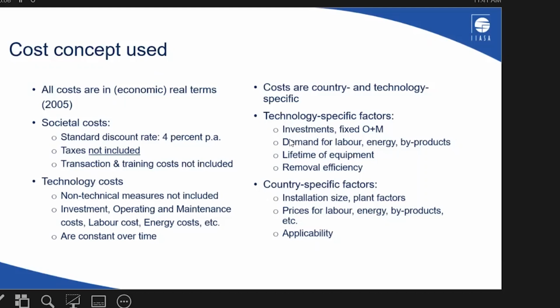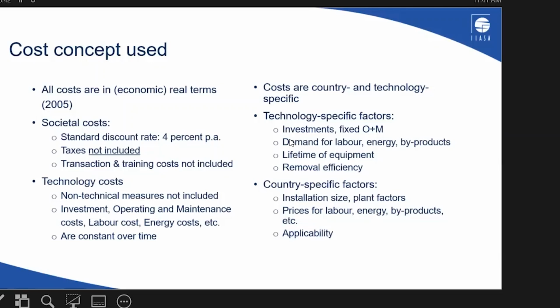Now, what are the technology specific factors? Technology specific factors are the investment, fixed operation and maintenance, demand for labor, energy, and byproduct, lifetime of the equipment, and removal efficiency. But just compare, the labor cost will vary in Austria and Nepal. So these are the country specific factors. Also the installation size and plant factors. And sometimes what happens, and we have experienced this in China and maybe it is true for South Asia,